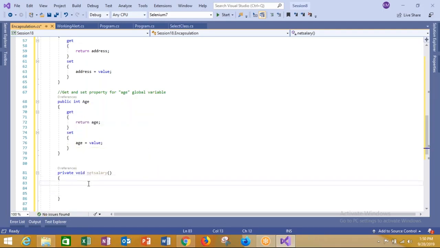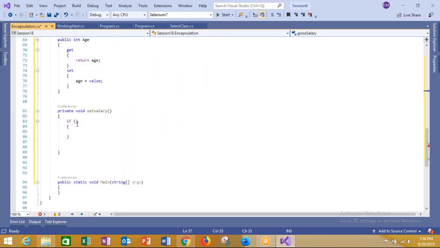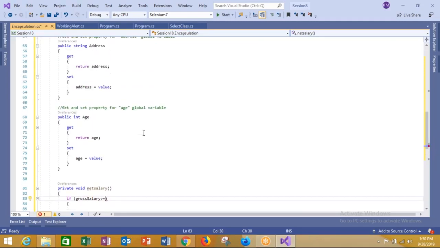Okay, I will write down if gross salary is defined as private, so at least I can use it in the same class. Copy this. I can use this in the same. If gross salary is greater than or equal to